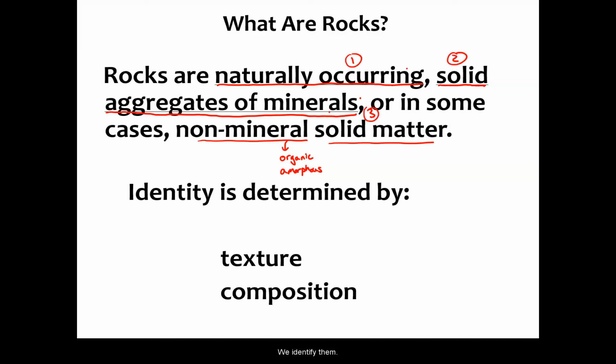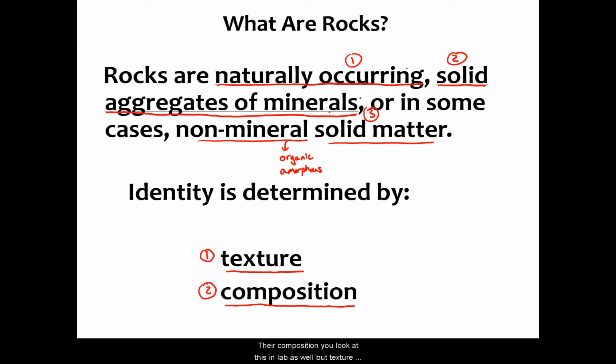We identify them at a smaller level than talking about whether they're just igneous, sedimentary, or metamorphic by determining 2 variables. These are variables that are going to come up over and over again. We're going to learn lots of vocabulary related to each of these, but their identity is determined by these 2 variables: their texture